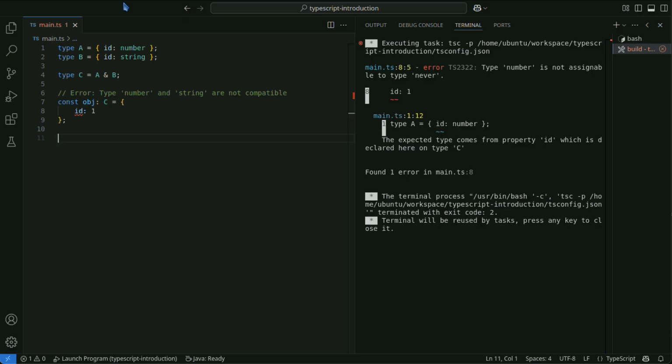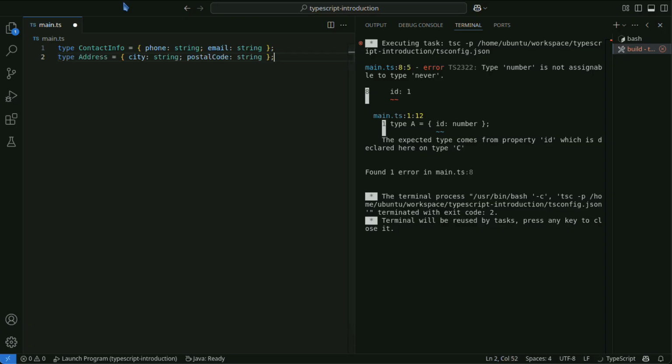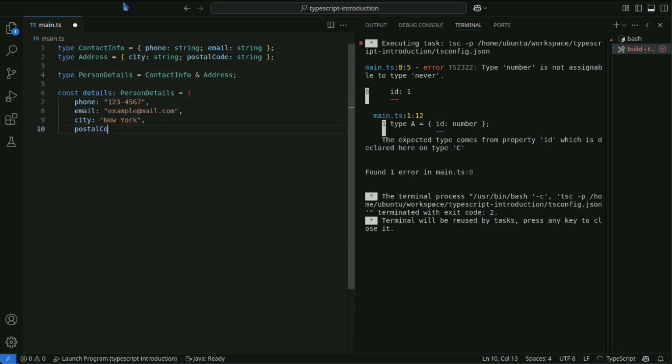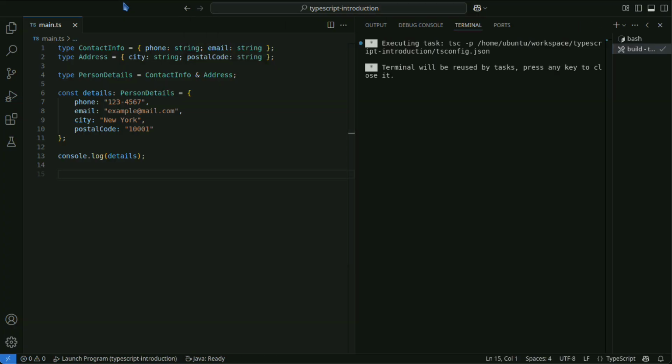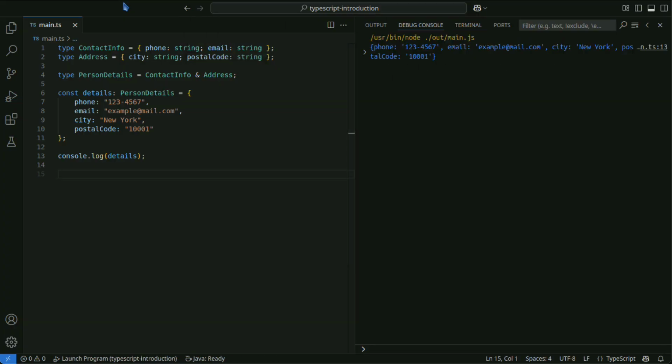Finally, here is a real code example that includes type annotations. This code combines the contact info and address interfaces to create a new type called person details.